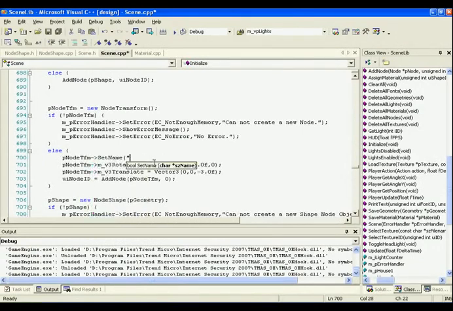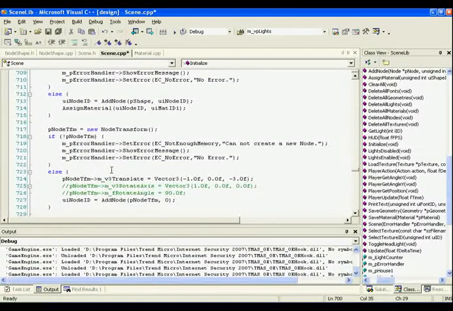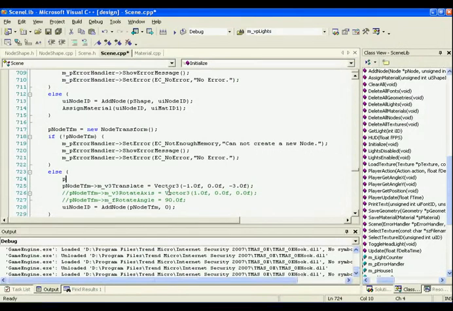And I'm going to call this one box 1. And the second guy here, pnode transform set name. I'm going to call him box 2. And the last one,